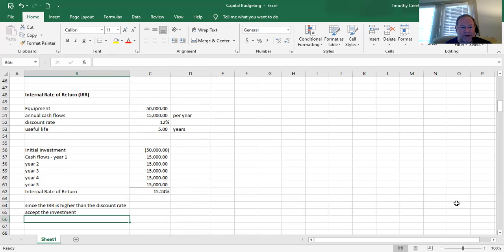while net present value and internal rate of return use the time value of money, and evaluate your investment from that standpoint. So a lot of times the company will use payback and net present value, or payback and internal rate of return. They'll say that we will not accept an investment unless it gives us a payback of less than 5 years, and unless it has positive net present value, or unless it has an internal rate of return higher than our discount rate. Then basically that's how they judge the performance of an investment, and that is how they make business decisions.